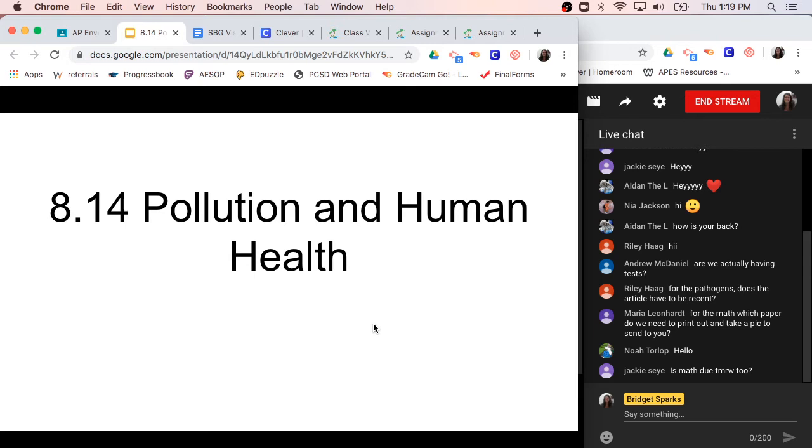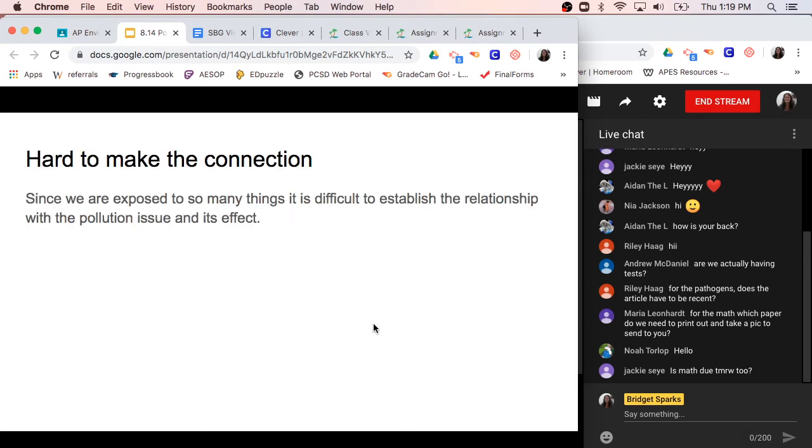All right, pollution and human health. So it's really hard to make these connections to the issues that are happening to people. And it's just because there's so many different pollutants out there, and a lot of them you can't see, right? So there's ozone all around us. We can't see it. Carbon monoxide is odorless and colorless. Can't see it. We know that we can see the haze, right? We can see particulate matter. But it's still difficult to make that relationship between the pollutant and the effect on a human being. It has to be on a very, very large scale, and even then it's difficult.